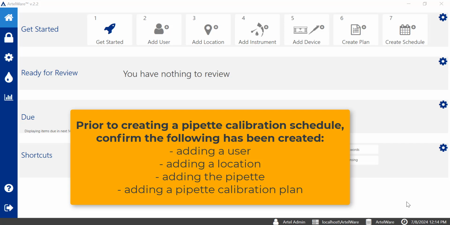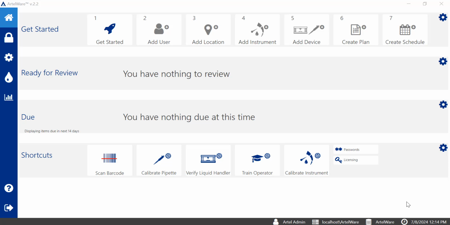Prior to adding a pipette schedule in ArtelWare, several other tasks should have been completed before now. Adding a user, adding a location, adding a device, namely a pipette, and creating a calibration plan. If you haven't performed these steps, go ahead and go back and do them now. But if you have performed these steps, let's go ahead and talk about how you create a pipette calibration schedule